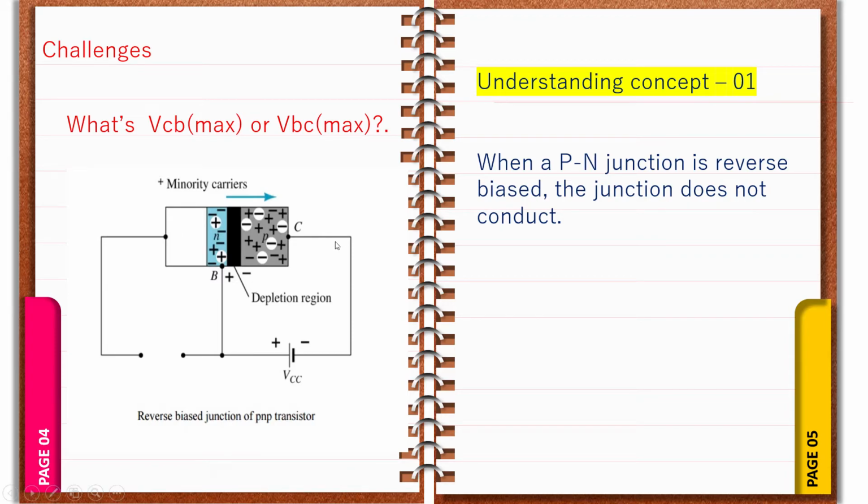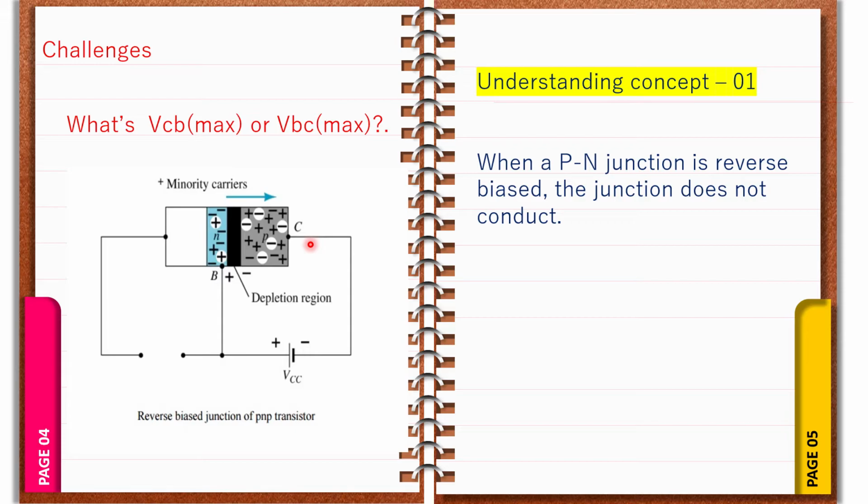I will explain in further lessons. Now you only consider this is a reverse biased PN junction or NP junction. See here what will happen when we connect the transistor or any diode in reverse bias. It will not conduct, means it is off. Reverse bias means off condition. It will not conduct. This clear?